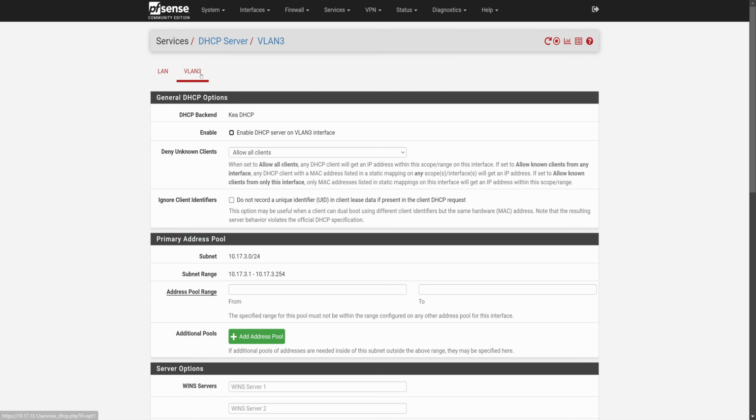On this page, I will check this box to enable the DHCP server on the VLAN 3 interface. Next, let's set the primary address pool range. For the start address, I will use 10.17.3.100. For the end address, I will use 10.17.3.200. The DHCP server will assign addresses between this range, and there will be enough available IP addresses for static assignments. Once done, I will click on the Save button,